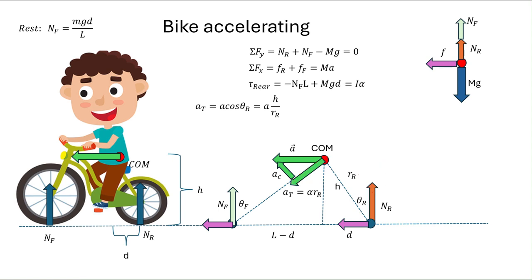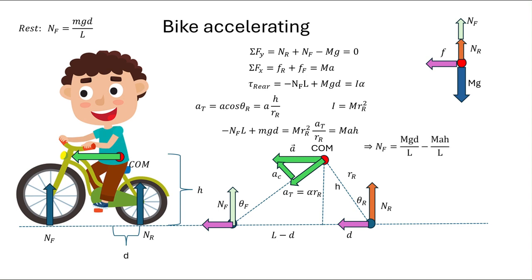What about the moment of inertia? Well, look, the center of mass is just a point particle a distance r away, so it contributes a moment of inertia, mr squared. Easy peasy. So if we plug these in, we end up with something that looks like this. So you end up with an MAH on the other side, and if we go ahead and solve this,